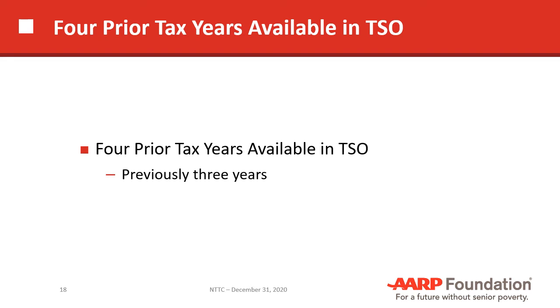4 prior tax years available in Tax-Aide Online. So we always have had the ability to go back to 3 prior years with Tax-Aide Online. Now they're giving us the ability to go back 4 years. Keep in mind now that you can only e-file a tax return that's the current year or 2 prior years. So if they're giving us the ability to access 4 prior years, 2 of those prior years would have to